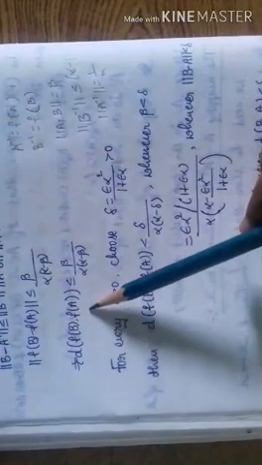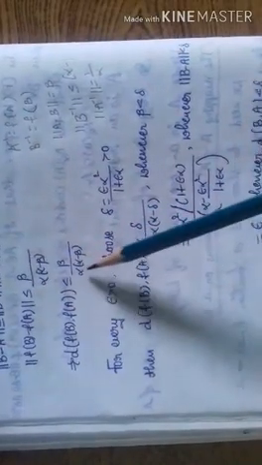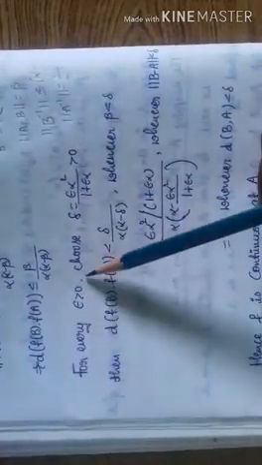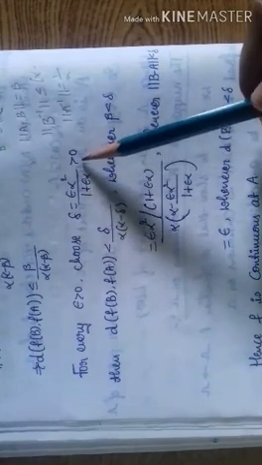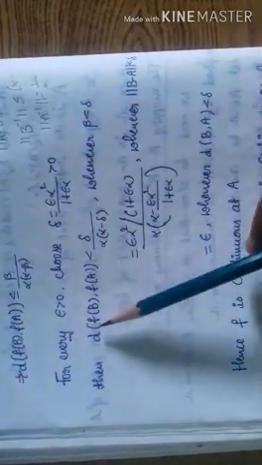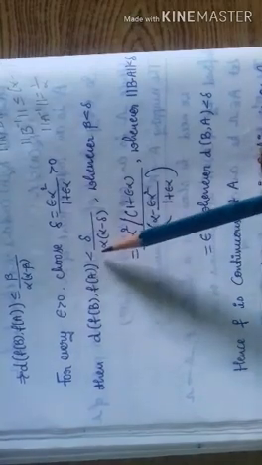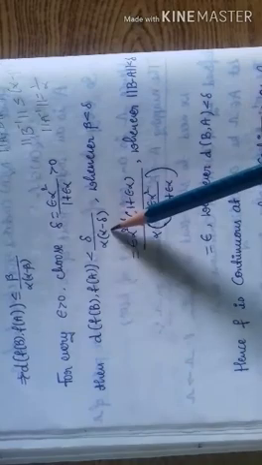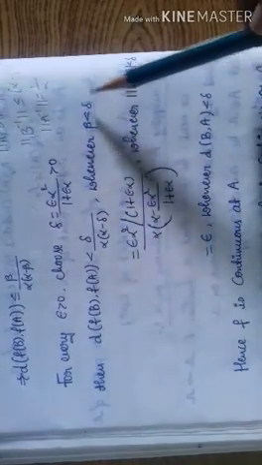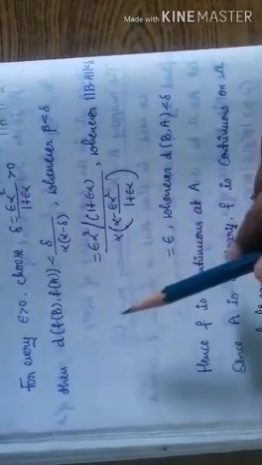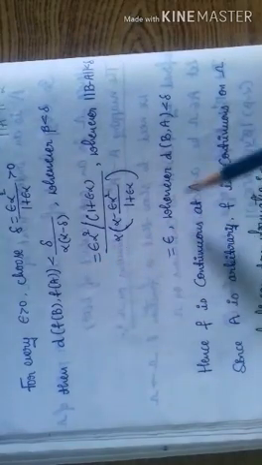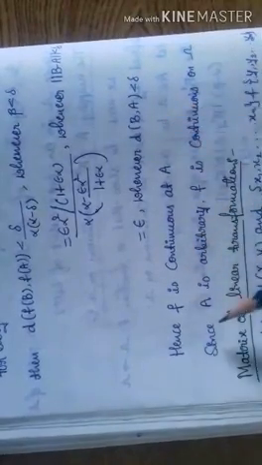This implies d of f of B comma f of A is less than or equal to beta by alpha of alpha minus beta. For every epsilon greater than 0, choose delta equal to epsilon alpha square divided by 1 plus epsilon alpha. This value is also greater than 0. Then d of f of B comma f of A is less than delta by alpha of alpha minus delta whenever beta is less than delta. Substituting the delta value and simplifying, we get d of f of B comma f of A is less than epsilon whenever d of B comma A is less than delta. Hence f is continuous at A. Since A is arbitrary, f is continuous on omega.